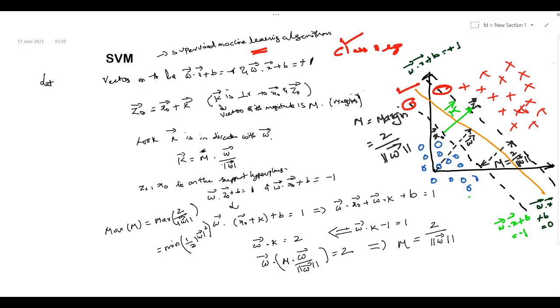Hyperplanes are decision boundaries that help to classify the data points. Data points falling on either side of the hyperplane can be attributed to different classes, as we discussed before. Also, the dimension of the hyperplane depends upon the number of features. If the number of input features is 2, then the hyperplane is just a line. If the number of input features is 3, then the hyperplane becomes a two-dimensional plane.